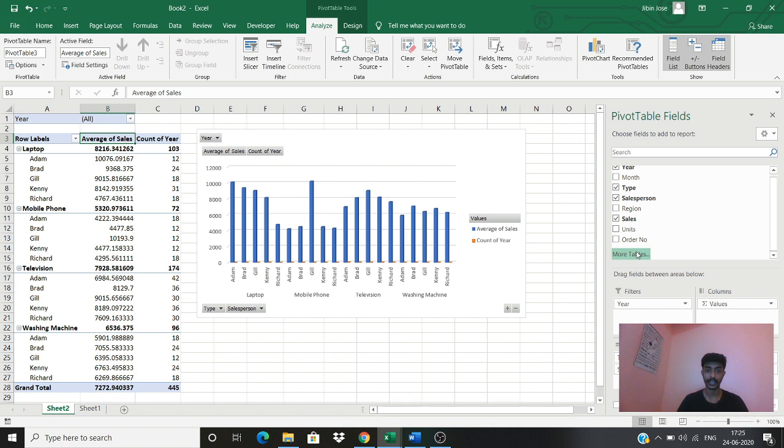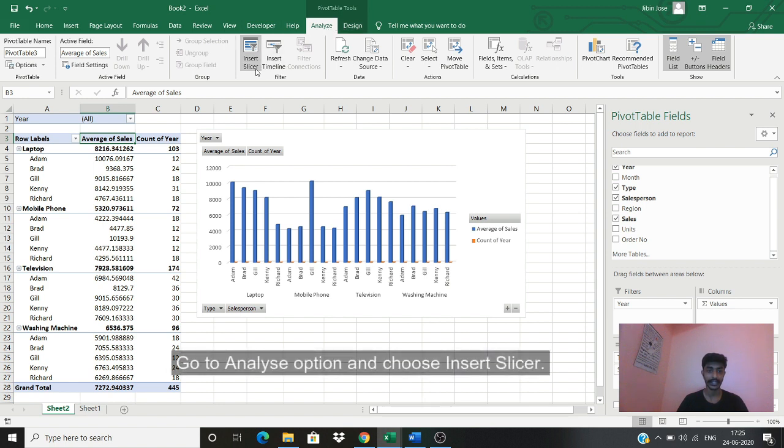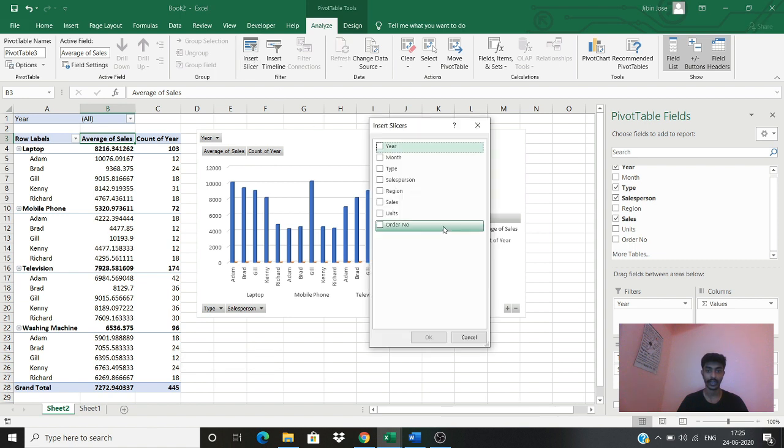Now the second option is inserting a slicer. As I mentioned, you have to just go to the Analyze option and click on Insert Slicer. This is the option that you have, Insert Slicer. Click on that. So you can see all the headings that we had, that is year, month, type, salesperson, region, sales, units, order number, everything that we have. So what do you want to filter?